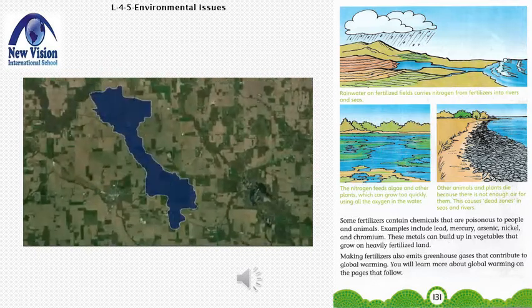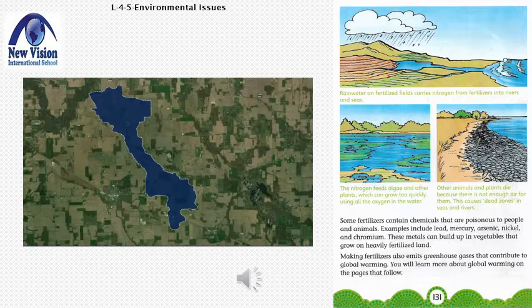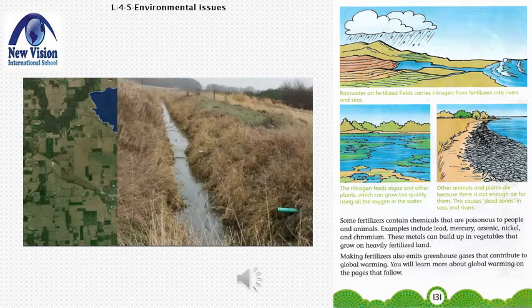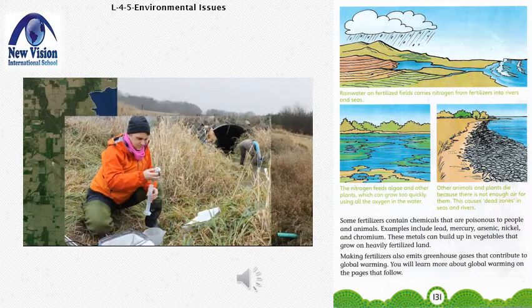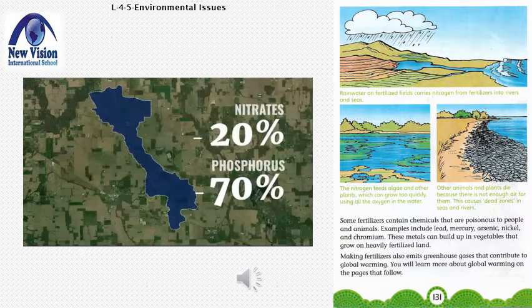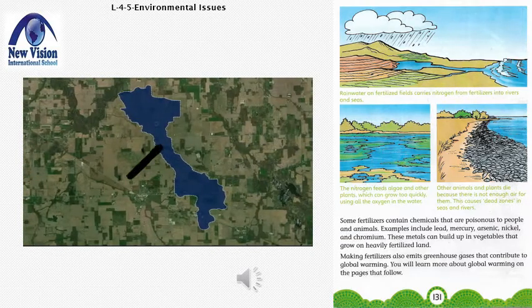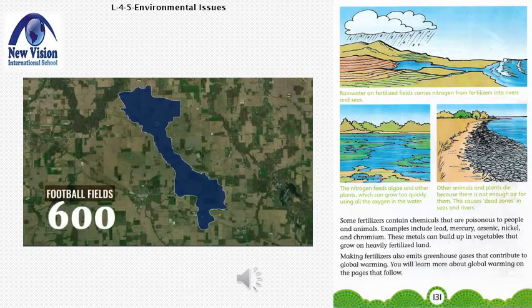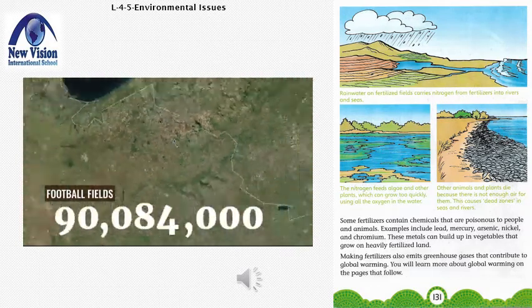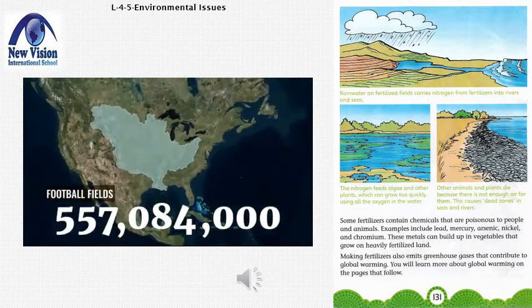The results were dramatic. In the spring, when the cover crops were growing, the fields turned into sponges. The amount of water flowing off the fields fell by half, lowering both nitrates and phosphorus. But it took a lot of time and money to cover the equivalent of 600 football fields. Imagine expanding that to the entire Mississippi River basin.